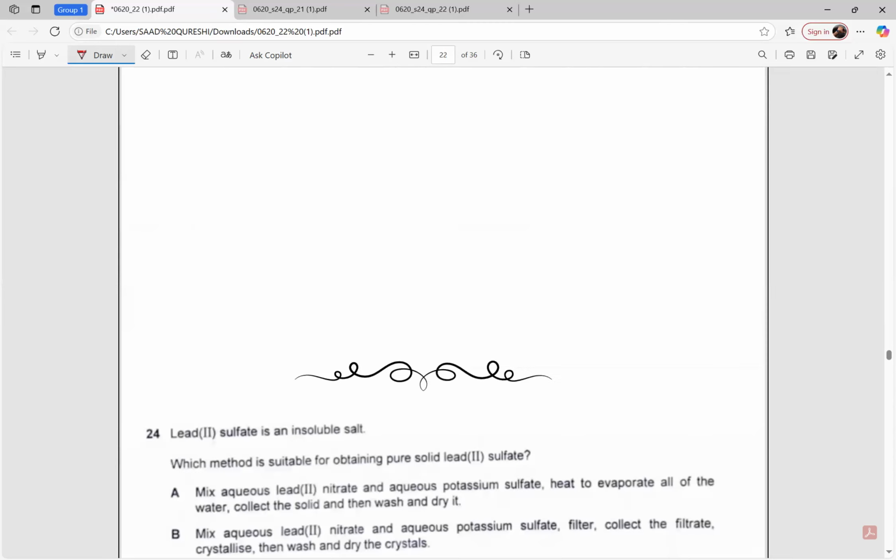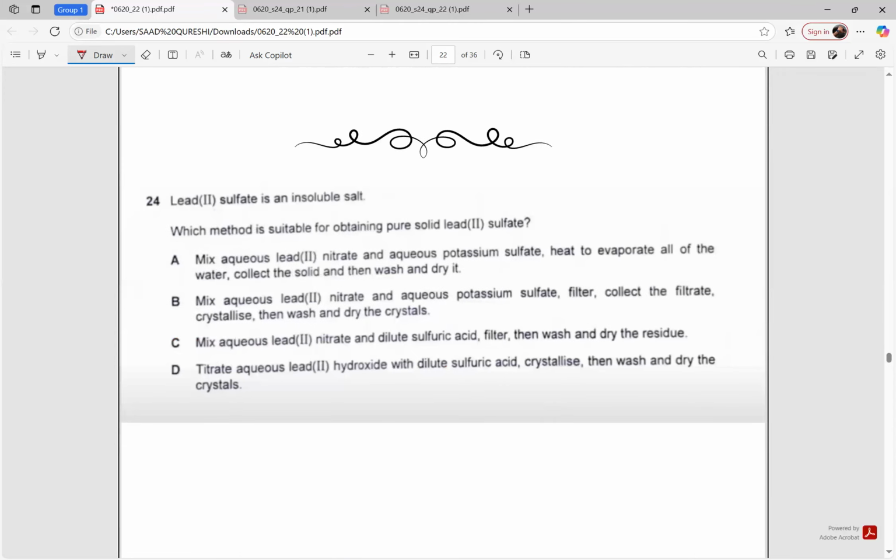Lead sulfate is an insoluble salt. Which method is suitable for obtaining pure solid lead sulfate? We want to obtain lead sulfate, which is PbSO4, an insoluble salt. It's a precipitate. How can we get it? If we have a soluble salt of lead, and we add it to any solution which contains sulfate, so an insoluble salt will be formed. Then we can filter it, wash, and dry. So here the answer will be C, because we have lead. If we take lead nitrate,